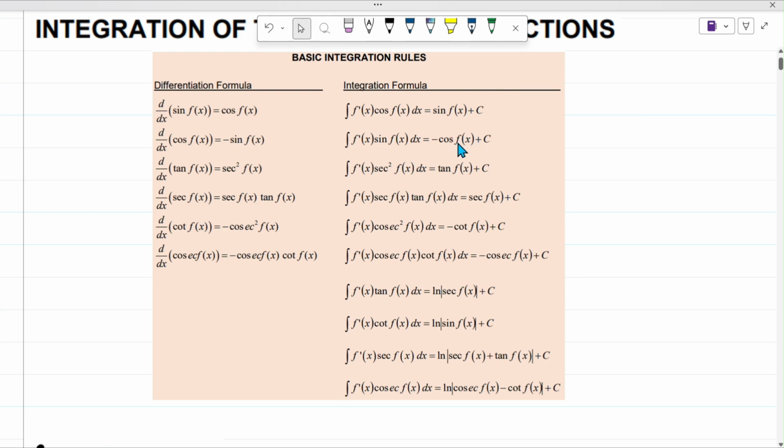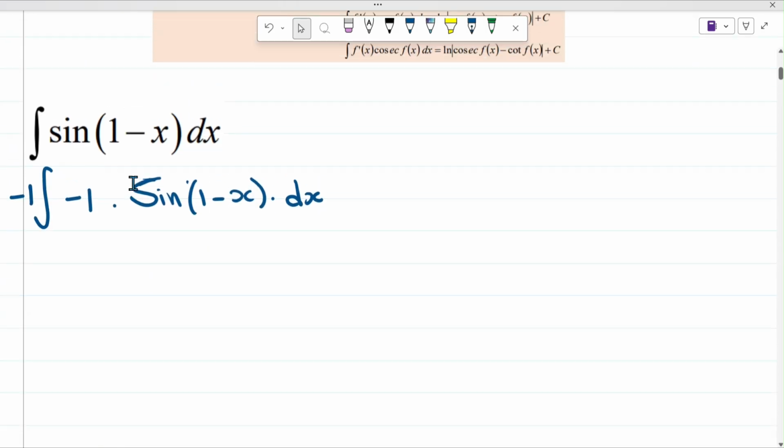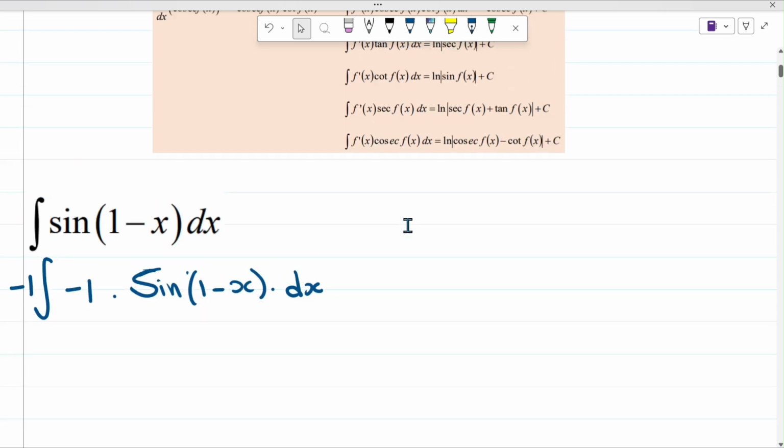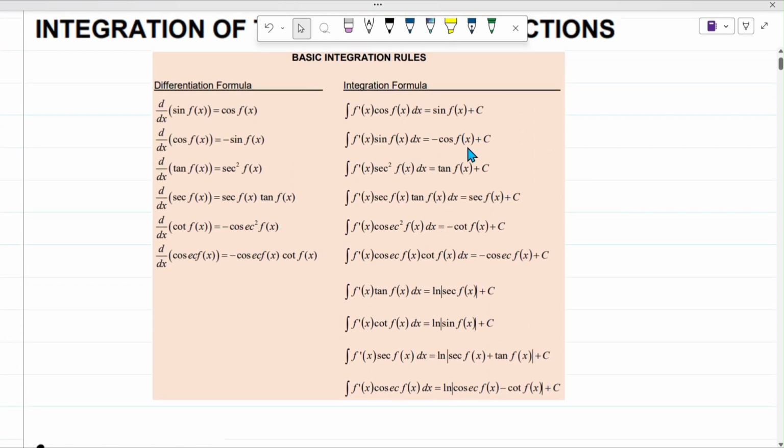So negative cos was differentiated for me to get positive sine. Don't confuse the thing. Don't confuse the -1 that's outside with what I'm trying to explain here. So the -1 here is just here to cancel this -1, and then this -1 together with this trig function as well as with this argument allows me to make use of this formula